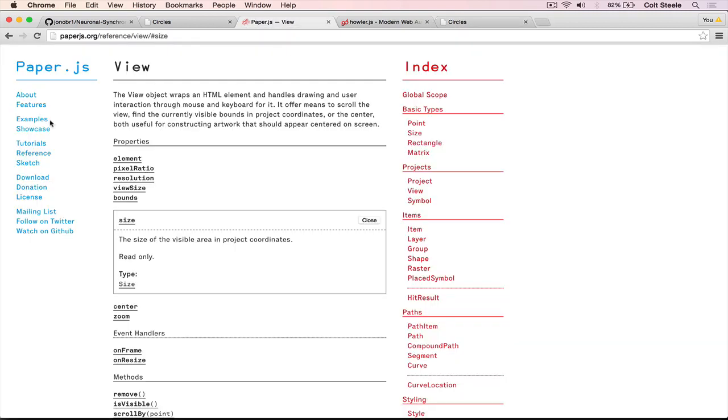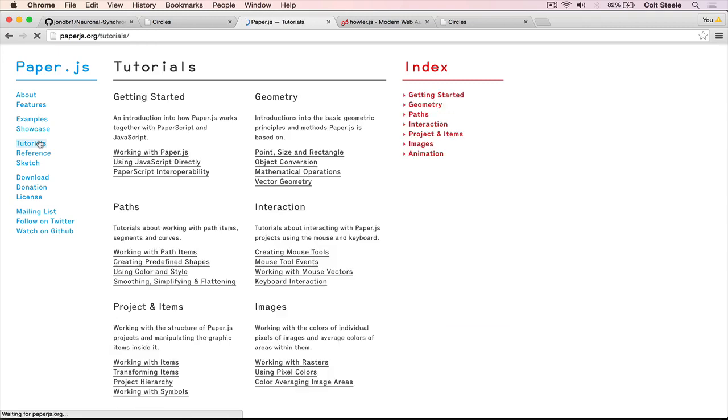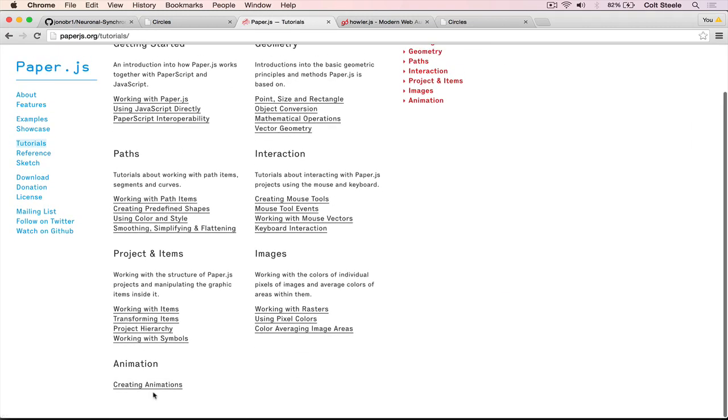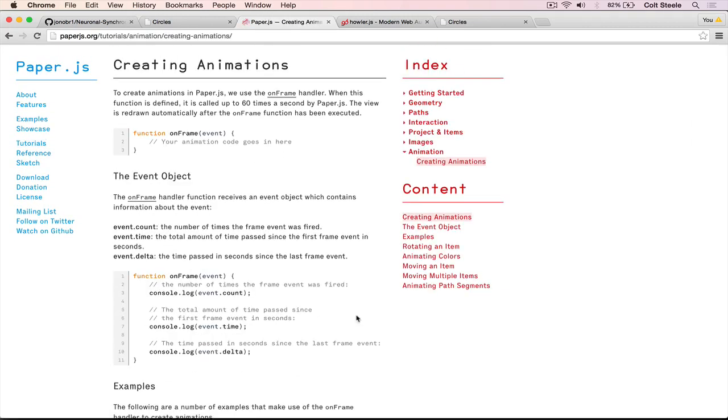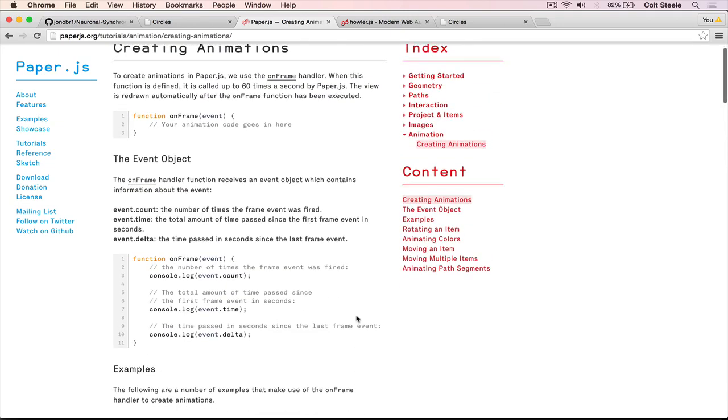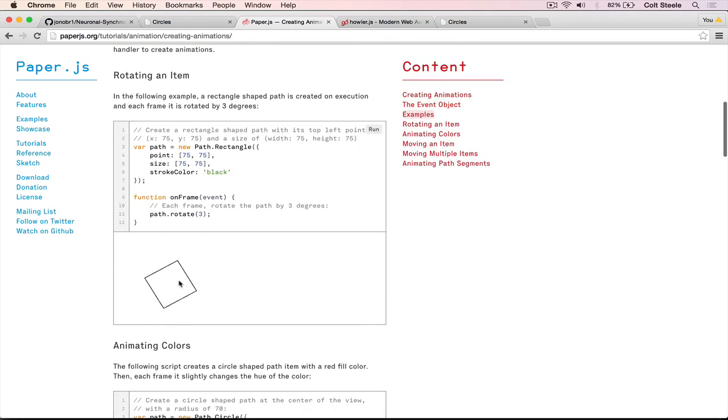So if we go to Paper.js, we go back to tutorials, and you look at animation at the bottom. First thing that you can do is take a look at some of the examples. So here's an example, and you can see it's really simple actually to do the animation. What we do is we define something, in this case a rectangle, in our case it will be a circle,